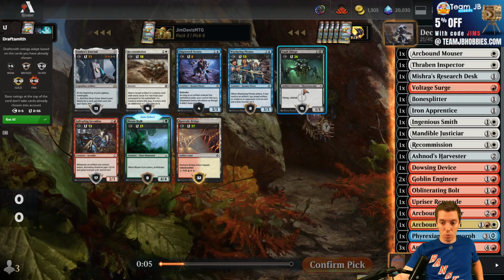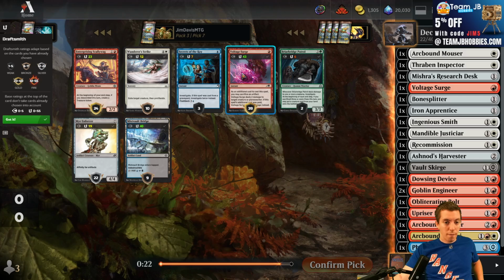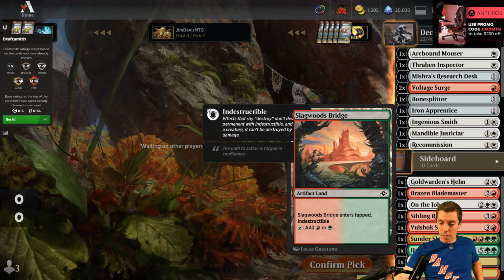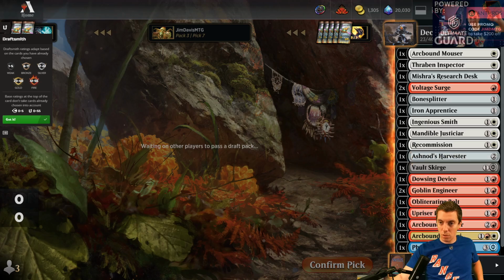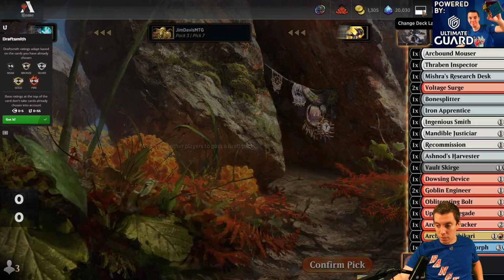Oh, Vault Scourge is cool. I like Vault Scourge, actually. So I kind of glossed over it. Voltage Surge tables. Wow. Skywag would have been good, too, but... Voltage Surge is obviously awesome in this deck. I think we're playing our black artifact lands. Deck seems cool. I don't know if it's good or not, but...